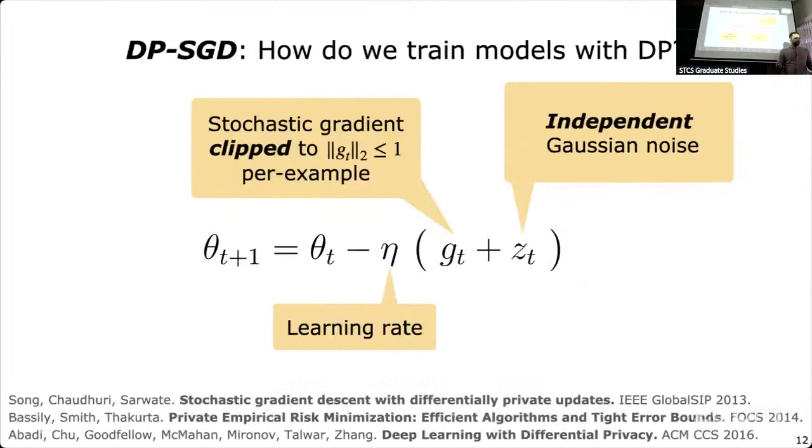The standard approach to solving this, especially in a deep learning setting, is a variant of stochastic gradient descent. There are two changes made to standard stochastic gradient descent. One of them is that we clip our gradients. The gradient coming from each example is clipped to a certain norm, say 1, in L2 norm. And then we add noise to these clipped gradients. This noise typically is IID Gaussian noise, both coordinate-wise and per iteration. So in each iteration, we sample fresh noise and add that.